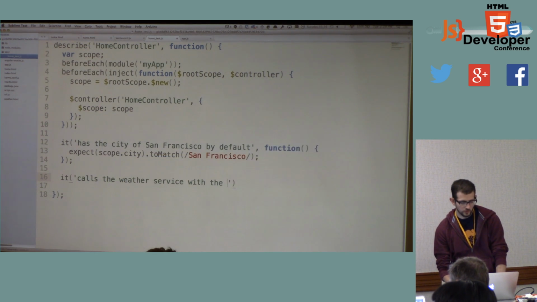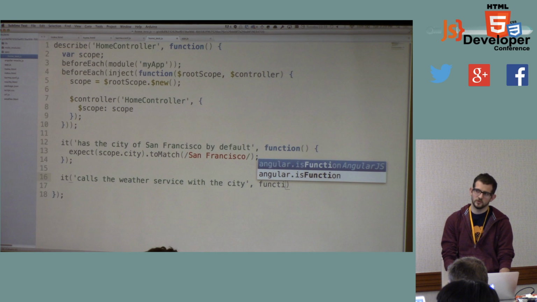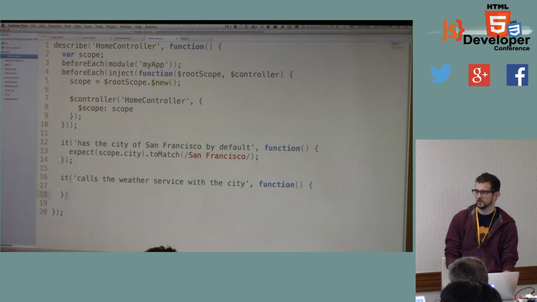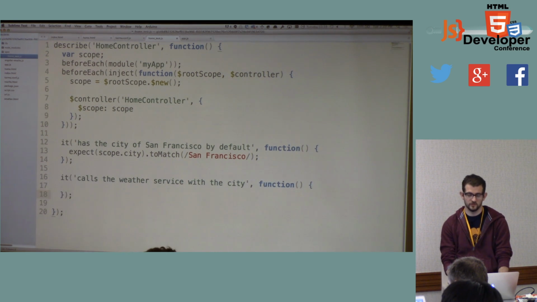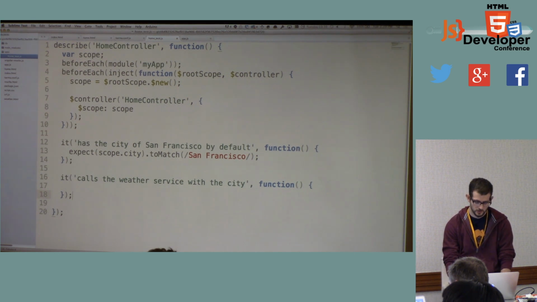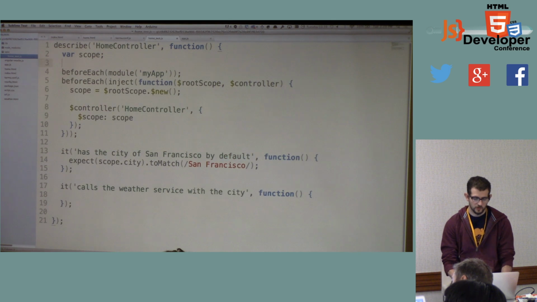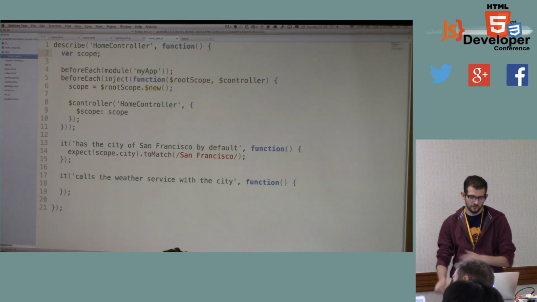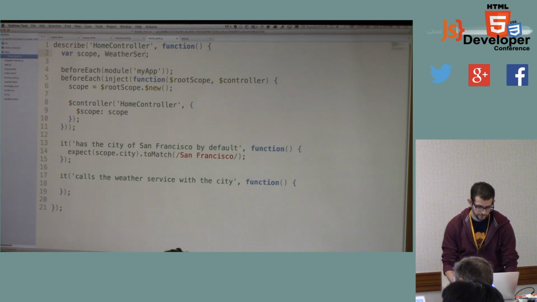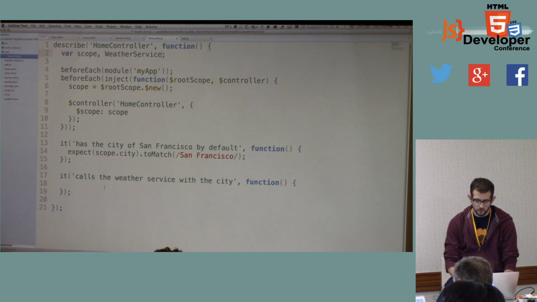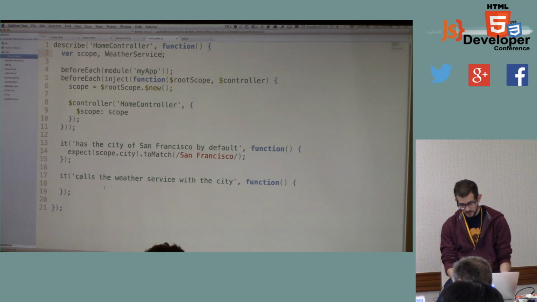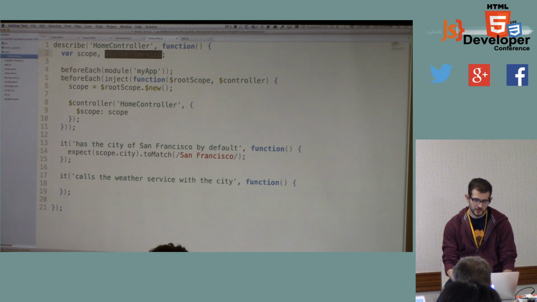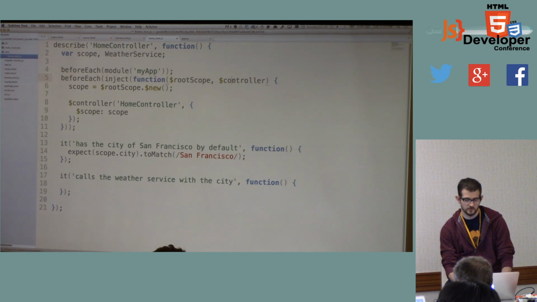Okay, so in order to do this, you guys already know how to mock the weather service. Or you guys already know how to inject the weather service into the controller. However, I will create a weather service and pass that in. Okay. So we can do a couple things. We can either inject our weather service in here, just like this,